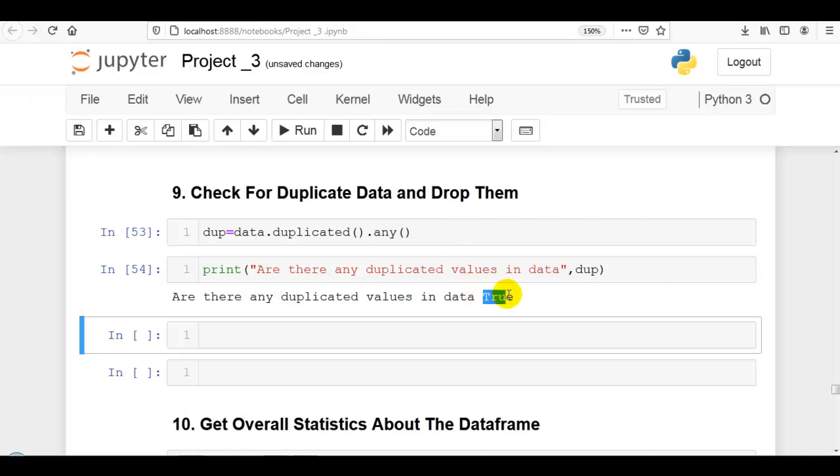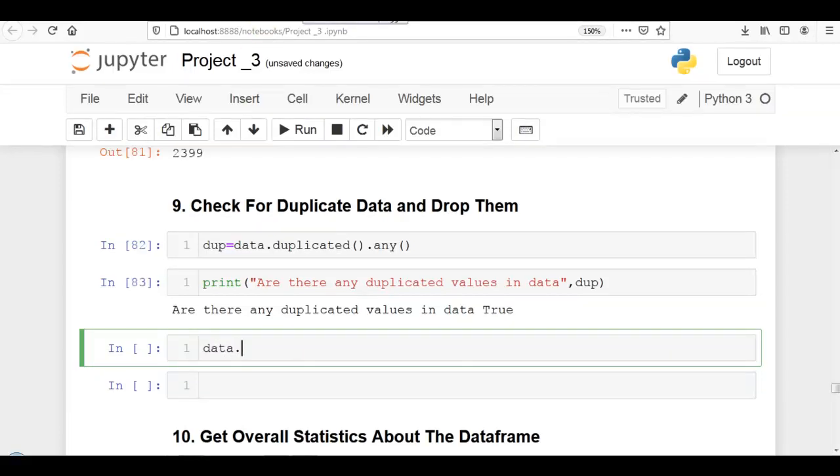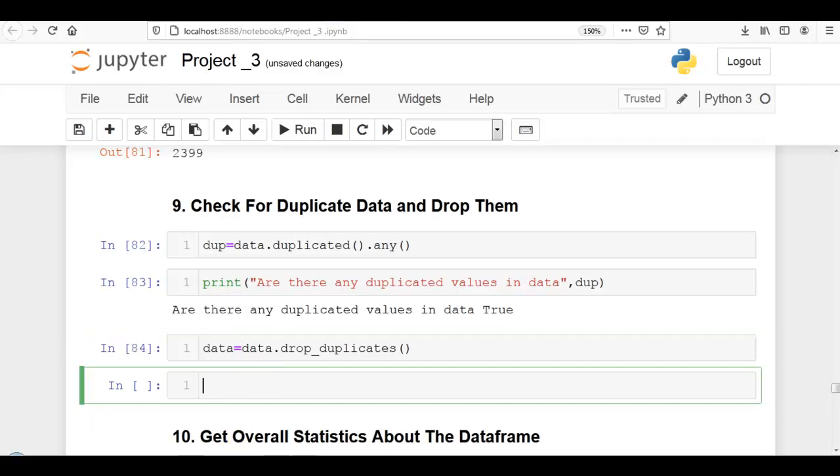As you can see over here, it is showing True, which means we are having some duplicated values in our data set. So let's drop it. That we can do with the data.drop_duplicates method. Let me assign back to data, so that we modify our existing data frame. So let me execute this.